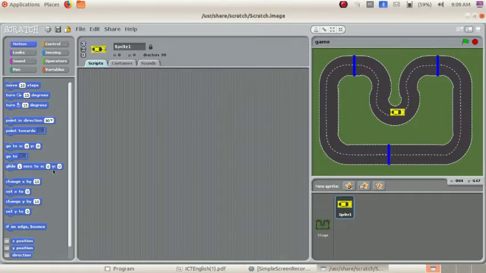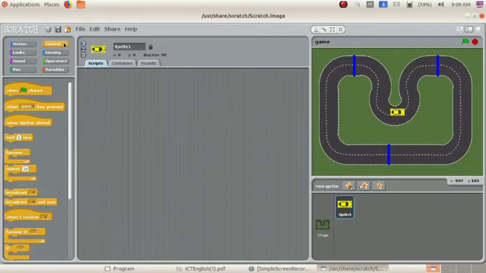Here you can see a lot of codes, a lot of instructions inside the motion tab. These instructions are used to move the sprite in different ways. By the name itself you will get the idea: motion means moving the sprites.